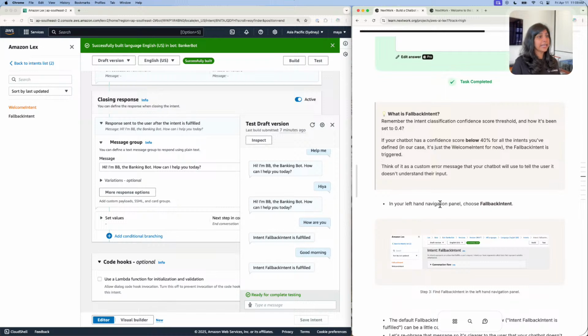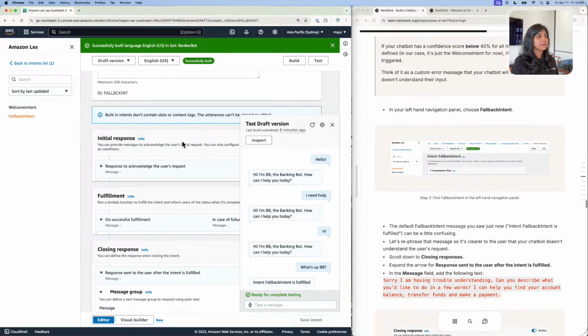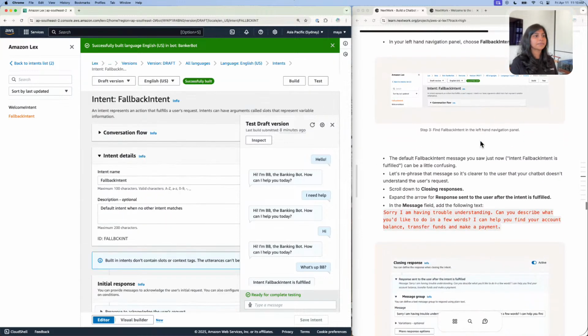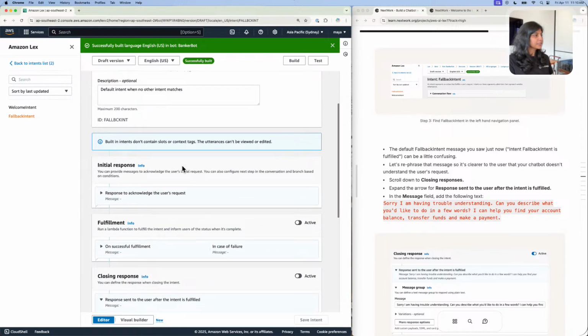In your left hand navigation panel, choose the fallback intent. Oh, look at that, right here. Amazing. I'm going to minimize this for now. The default fallback intent message is exactly what we saw: "Intent fallback is fulfilled," and it doesn't sound very nice or clear. So let's rephrase that. We're going to go down to the closing responses